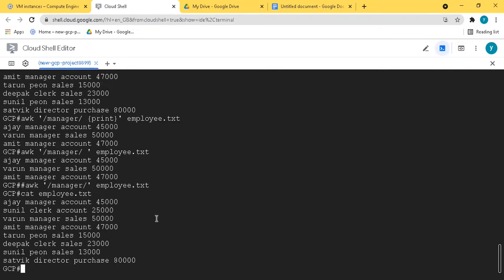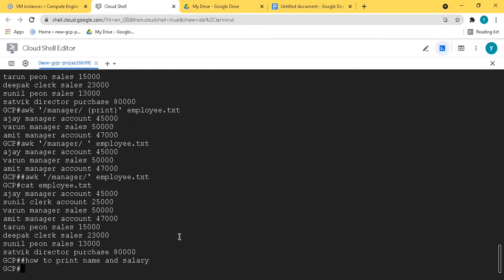Suppose we just have to print name and salary. How to do that? How to print name and salary? We will say AWK. What should be the field separator between these? Space is the field separator, meaning one column, second column, third column, fourth column. If the field separator is space, we don't mention the space here. So we simply do